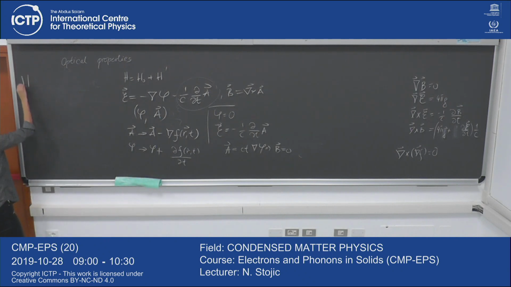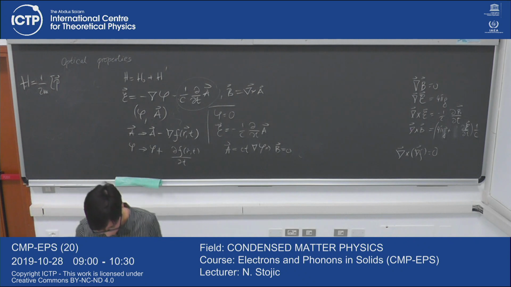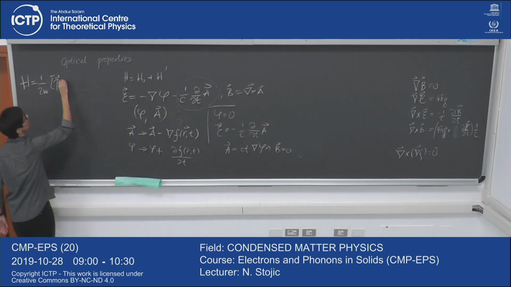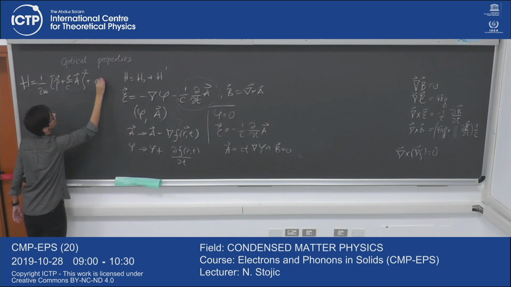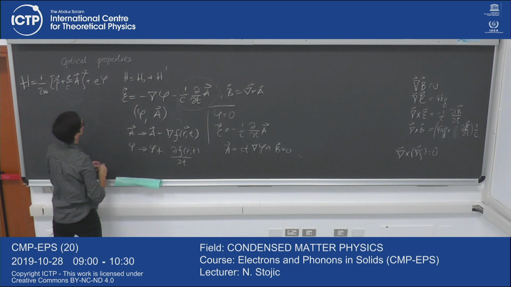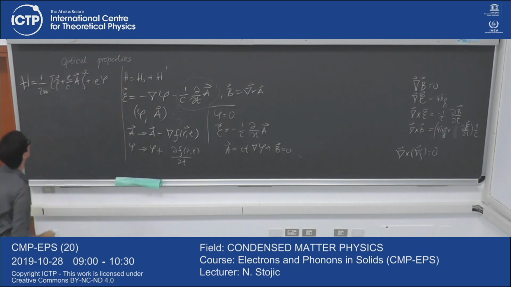And I'm going to write the Hamiltonian, which we are going to use. This is just the introduction, and I'll try to prove that it has to be the form that I wrote intuitively. So 1 over 2m, can be plus and minus depending how you take the charge. Put plus. How do I prove that this is the right form of the Hamiltonian gauge invariant?